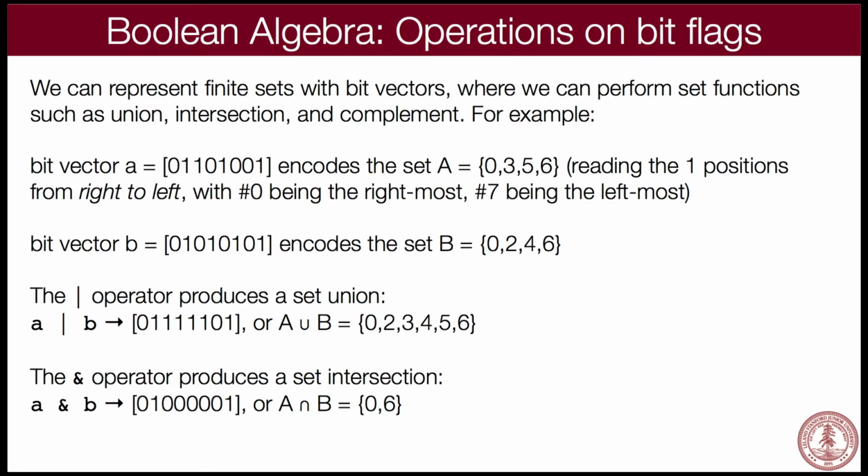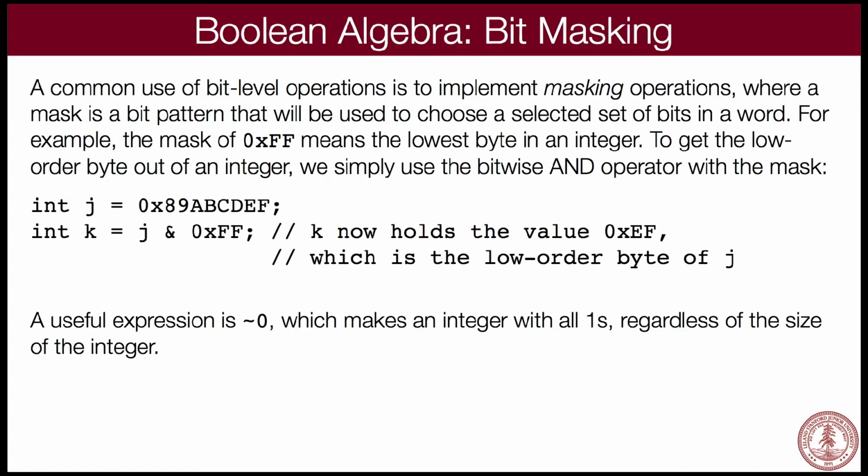And AND gives you the intersection, right? Only the ones that are in both. So if we intersect A and B, if this is the set of A and this is the set of B, the only ones that are in both are 0 and 6. So when we do A and B, we get the 0th bit and the 6th bit. Good? We won't see this too much. You just kind of got to know that sometimes you'll see bit vectors associated with your programs. Okay?